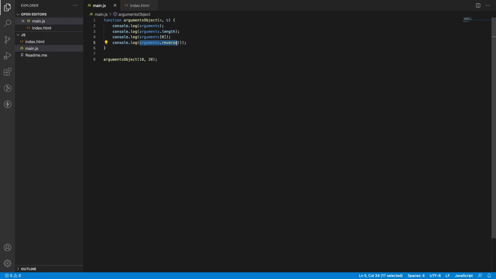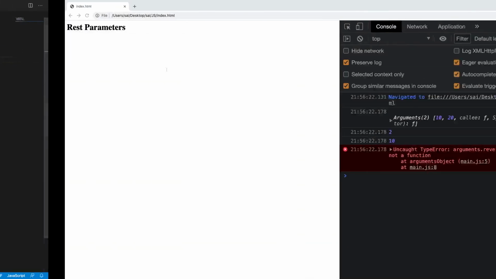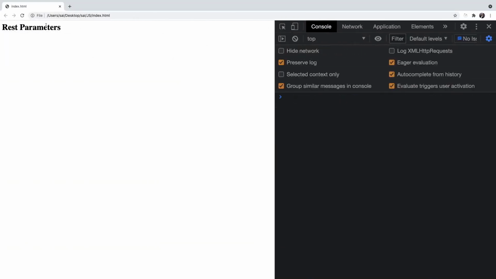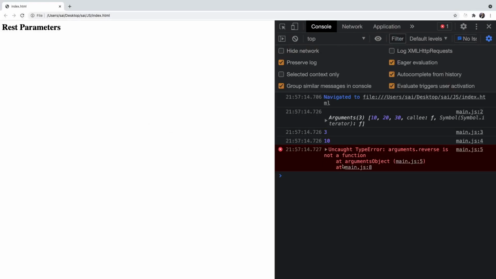What can be accessed from arguments? We can access arguments.length, arguments of index, as well as arguments itself. But the remaining properties or prototype methods given by array are not possible with arguments. Let me pass the value 30 and go back, clear the browser, reload. We are getting the error.